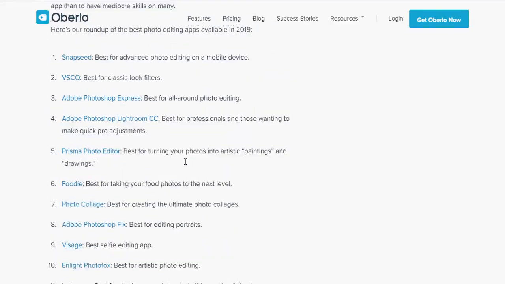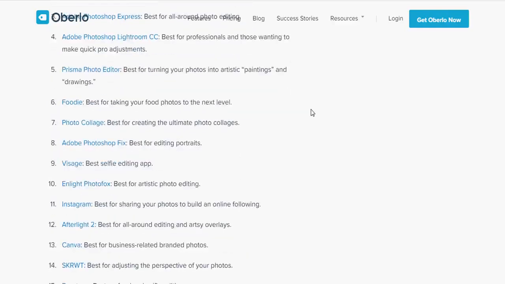If you want to edit photos on your smartphone, I recommend you download and install Snapseed or Lightroom on your device, and you can edit your photo. Or if you want to make a YouTube thumbnail, you can use the Canva app. This is the best for business related branded photos. So Canva is also free, and it is the best thumbnail maker for YouTube.